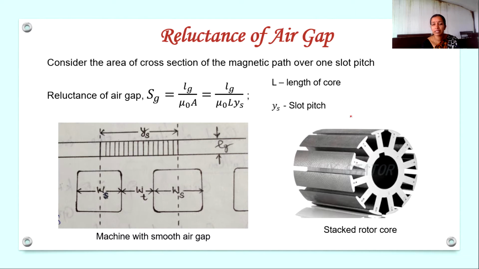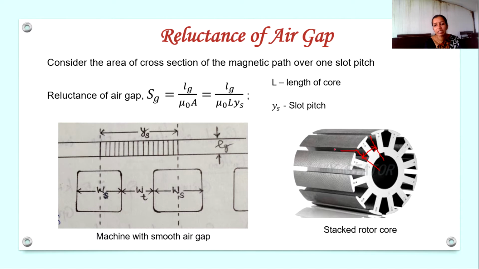So I have to consider the area under one slot pitch. Consider this slot. The slot pitch Ys is the center to center distance between these two slots. So this is our Ys. We have to calculate the area of the air gap under one slot pitch, and the air gap